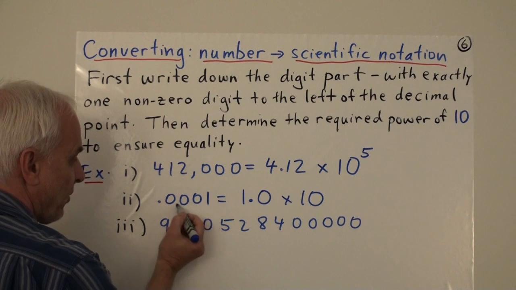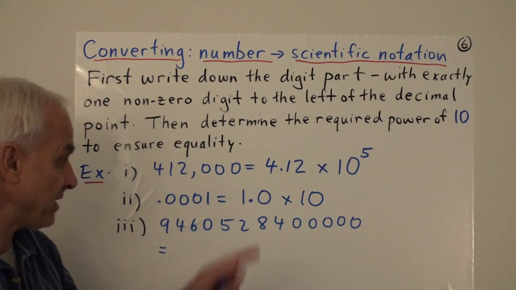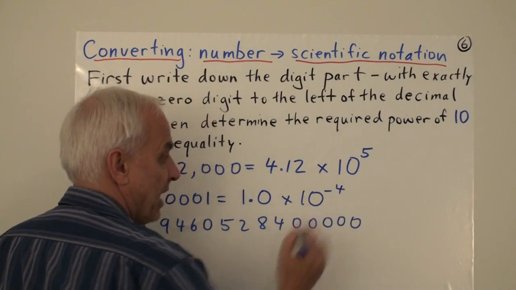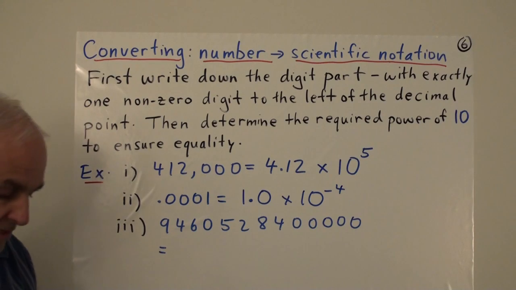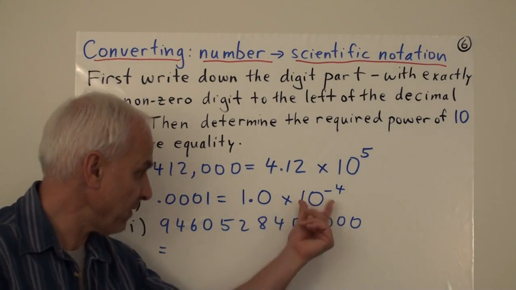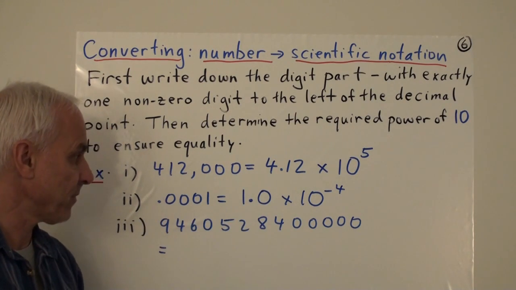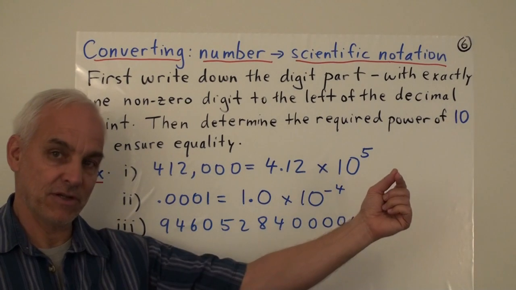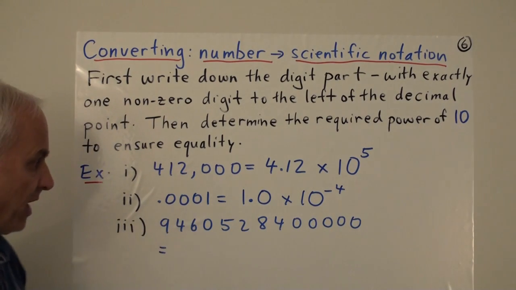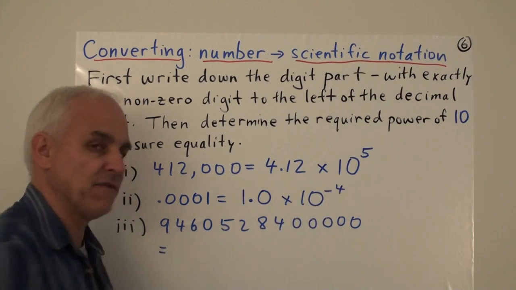So over here, it's essentially starting here, and we have to move it over here. 1, 2, 3, 4 to the left. That's making this number smaller, so we have to multiply by 10 to the minus 4. In other words, that's really dividing by 10 to the 4. Okay? Dividing by 10 to the 4 shifts the decimal place over to the left. Multiplying by 10 to the 4 shifts it to the right, so dividing by 10 to the 4 shifts it to the left. And dividing by 10 to the 4 is the same as multiplying by 10 to the minus 4.